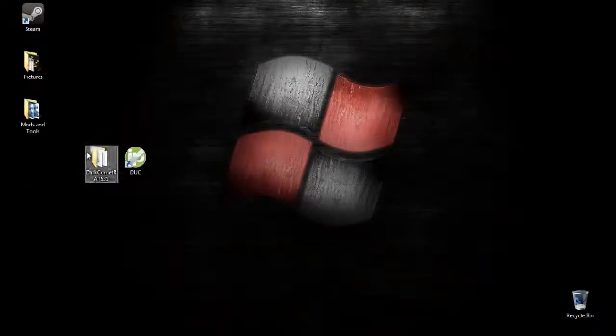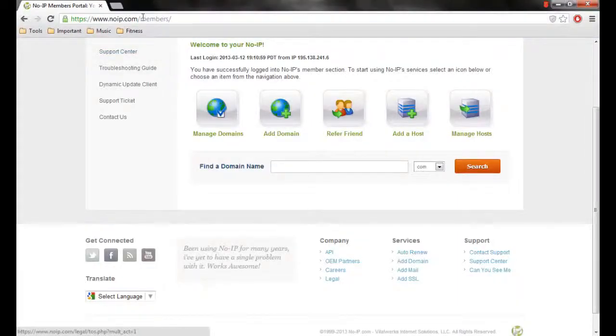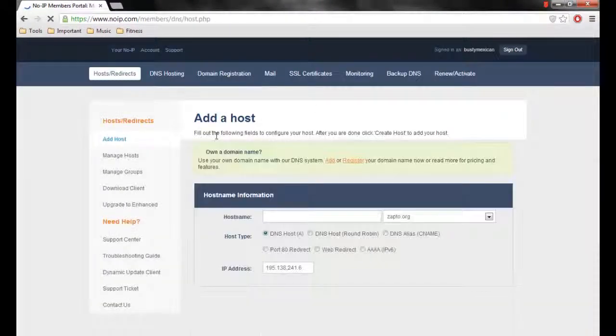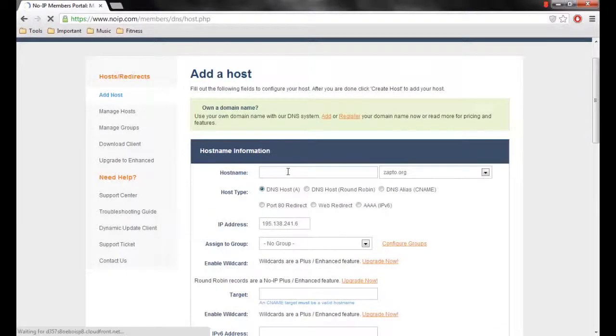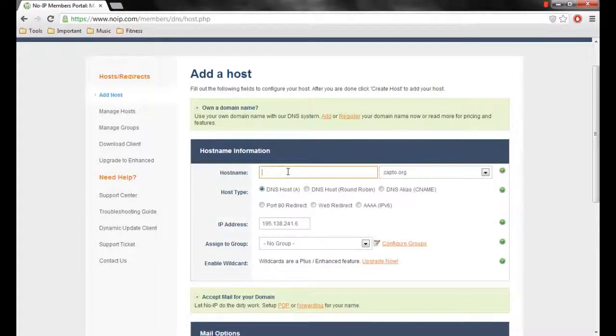First things first, you're gonna need this and you're gonna need this. This is the no IP duck, and this is the DarkComet RAT 5.3.1. First, you're gonna want to make an account on noip.com. Make an account and then click on add a host. And once you go here, you want to type in your host name. You can type in, for example, I don't know, do this